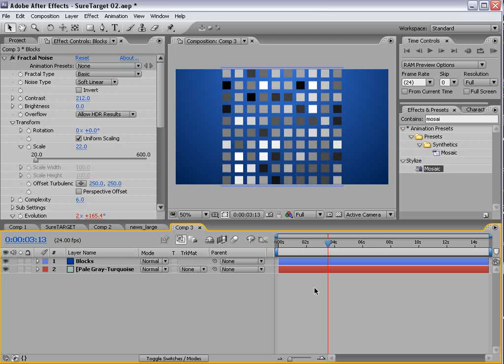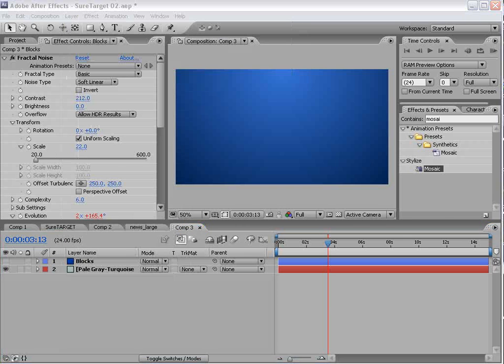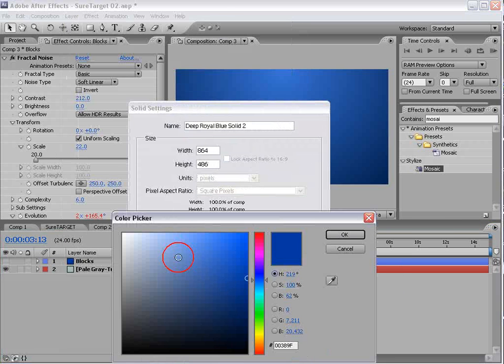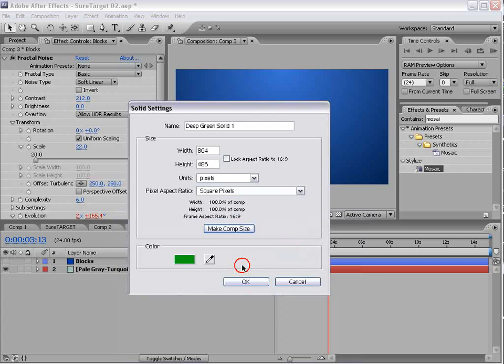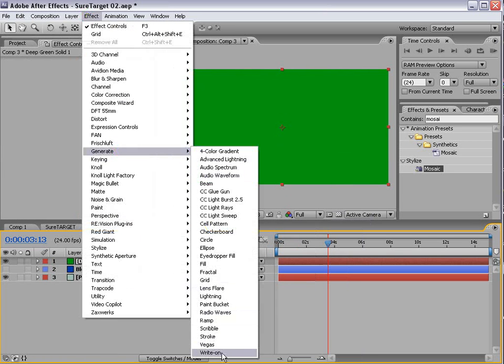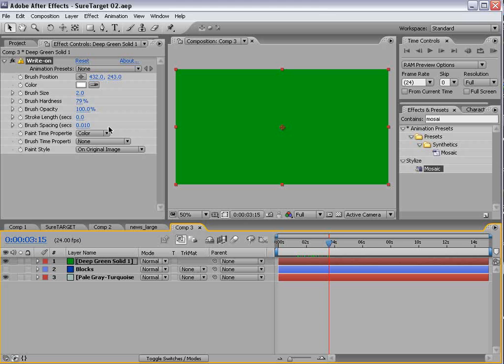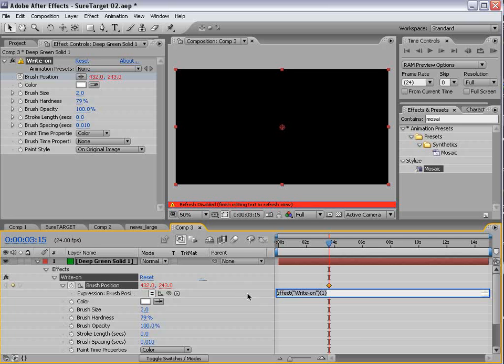Then let's go ahead and create that animating line. So we'll shut that off. We'll make a new solid, comp size, and we'll make this green. And we'll do effect, generate, write on. And the write on filter allows you to create some sort of hand drawn animation things, different stuff like that. We're going to alt click on the brush position. So alt click, and we're going to type wiggle